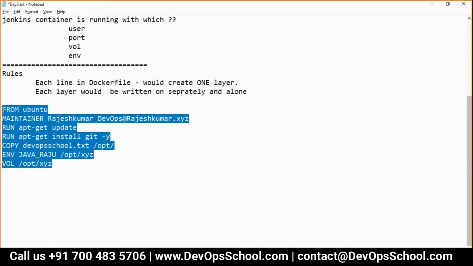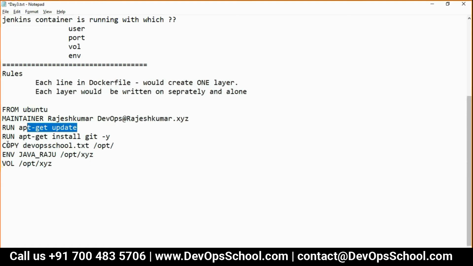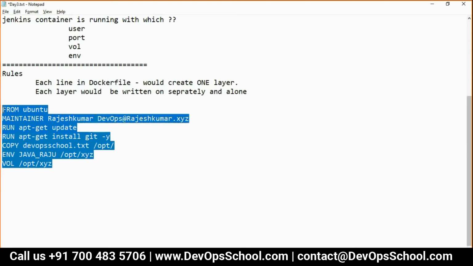Okay. So guys, RUN will run the command inside a container. See, the Dockerfile is doing the same thing which you have done to create one image with one layer. But here you want to do multiple things.